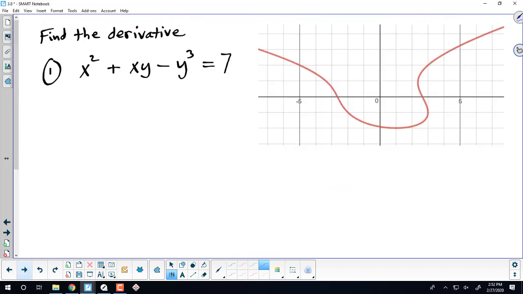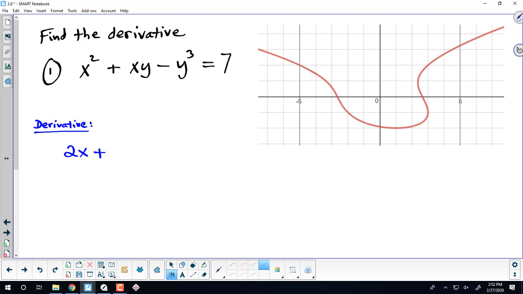So find the derivative of x squared plus xy minus y cubed equals 7. This is the curve represented by that equation. So we're going to take the derivative. And that's the nice thing also about implicit differentiation. You don't have to solve for anything. You can just start taking the derivative of stuff. So the derivative of x squared